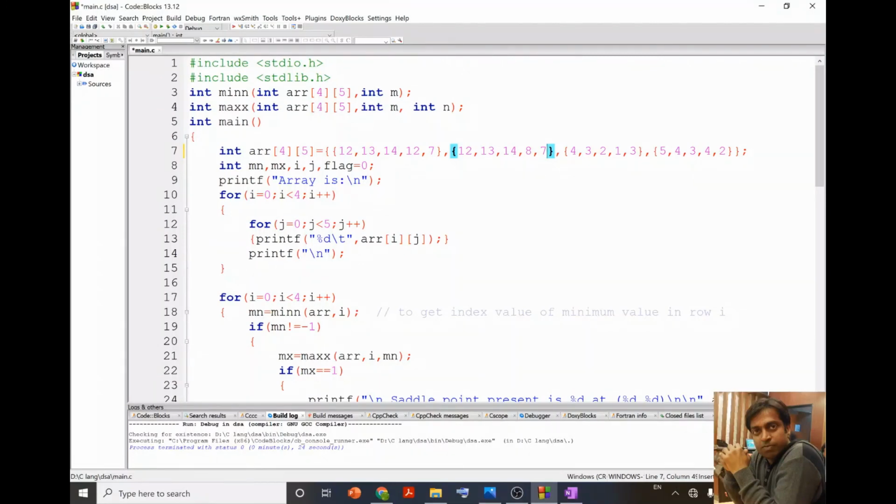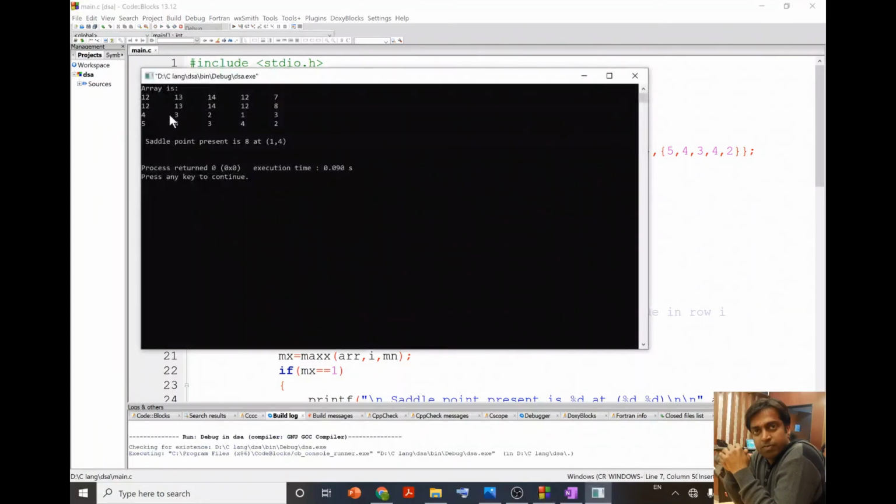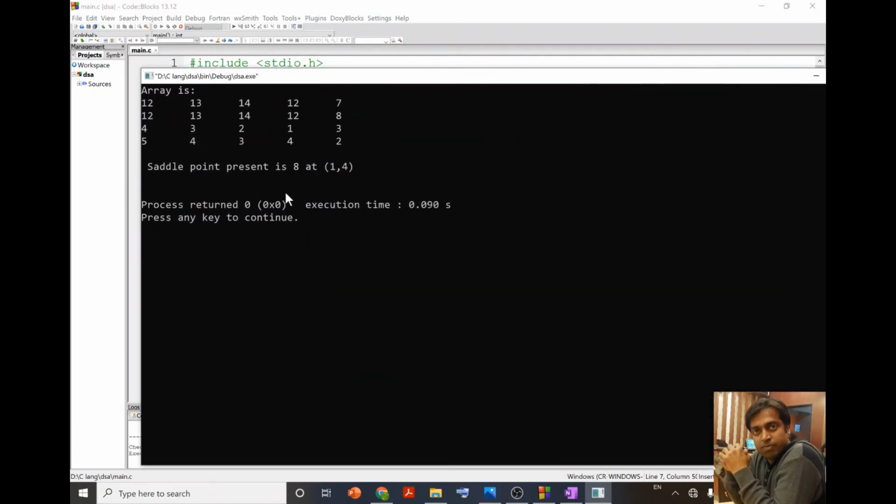I just have to make this the larger one, so 12, and let this be 8. Now if I run the program, let's see if we get a saddle point. Yes, now you can see the output. Let me increase the size.